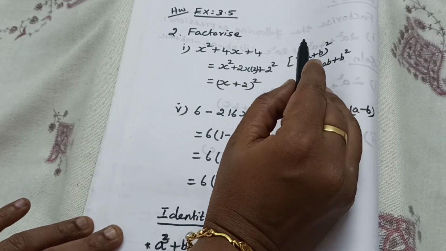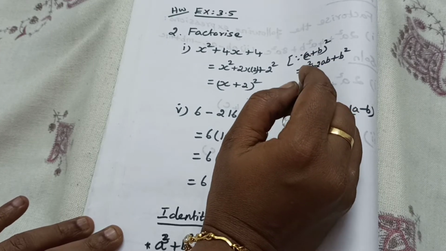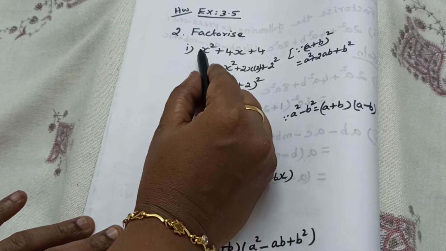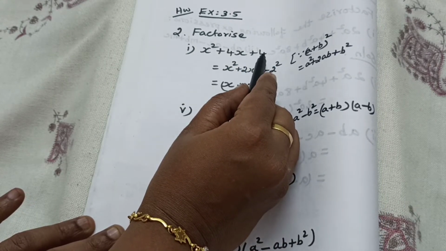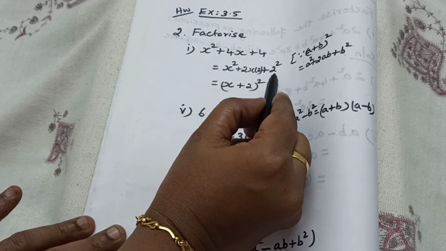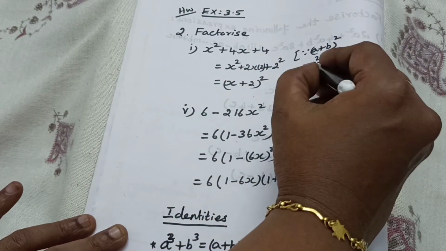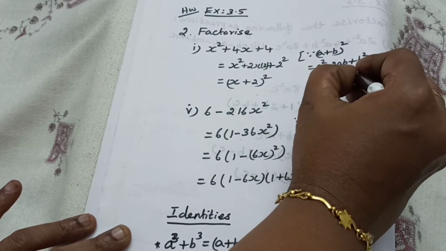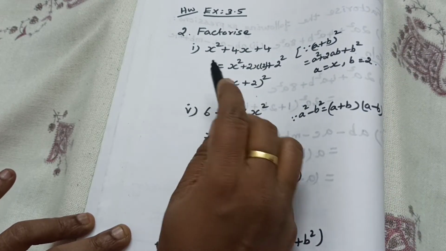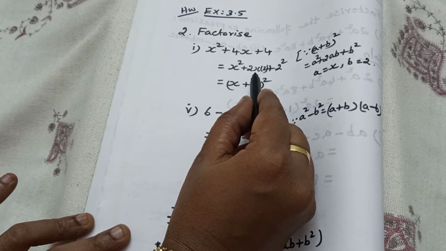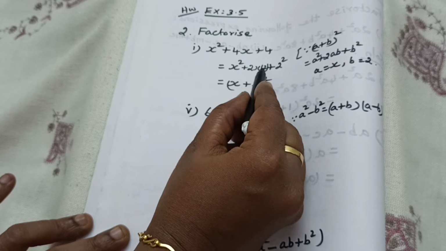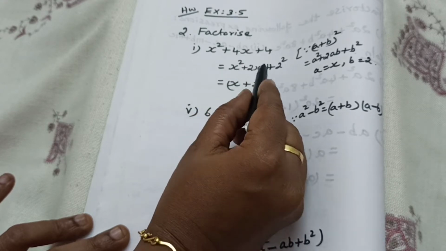Then this is of the form a plus b the whole square form. Here x square, and we have to write the last term also as 2 square, isn't it? This one is a, this is b. A is equal to x, then b is equal to 2. Then x square, then plus 2 into AB. AB means x into 2. That means 2 2s are 4, 4x we will get, isn't it?